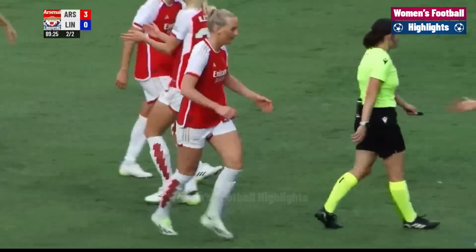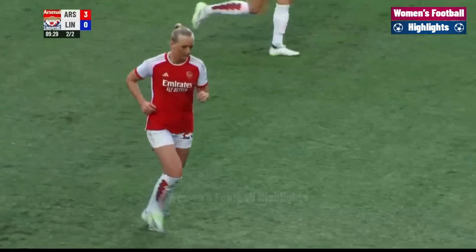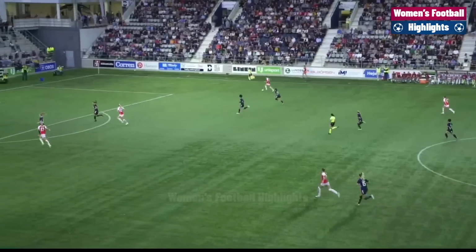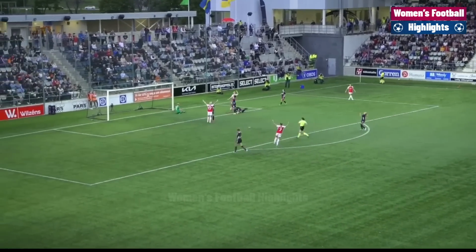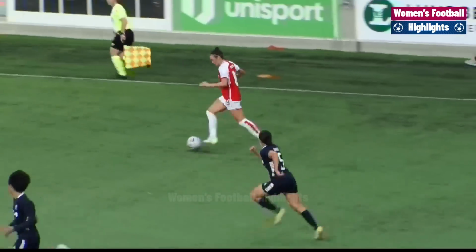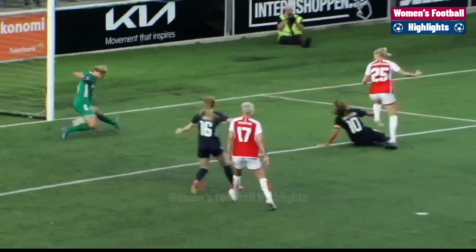Arsenal 3, Linköping 0. Yeah, Paloma does really well here because she picks it up, does a nice little turn with it, shows Blackstenius and Hurtig on the left-hand side, but she had Ford coming up on the right-hand side. Decided to go with Ford. He puts a great ball into the box, and Blackstenius, 1 touch. It's a really difficult finish as well, coming across her body. Yeah, Ford just had a little look up, puts in a really dangerous area. A nice pass into the back of the net for Blackstenius, and that will do